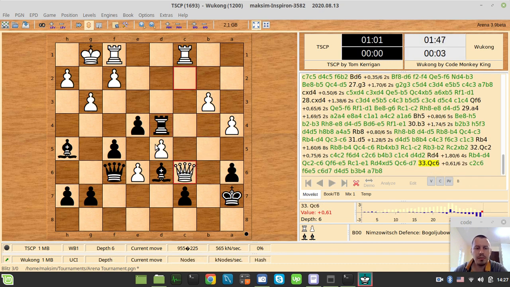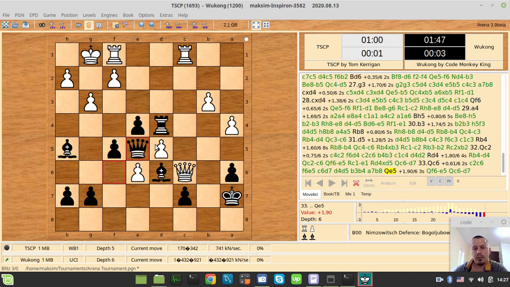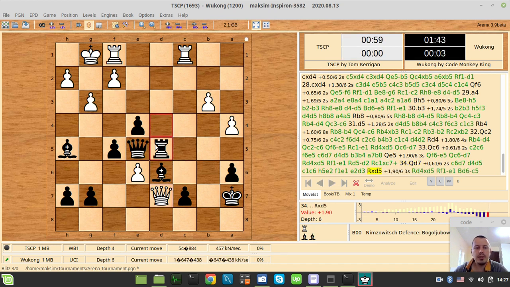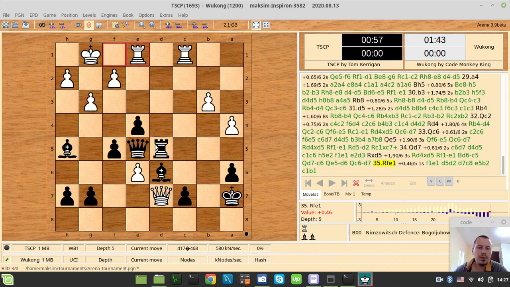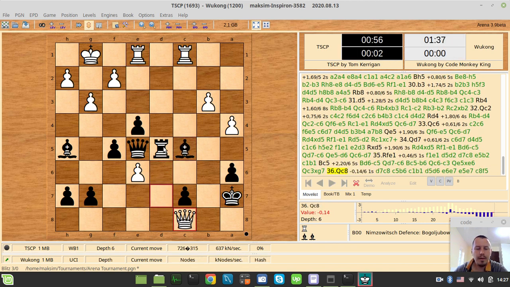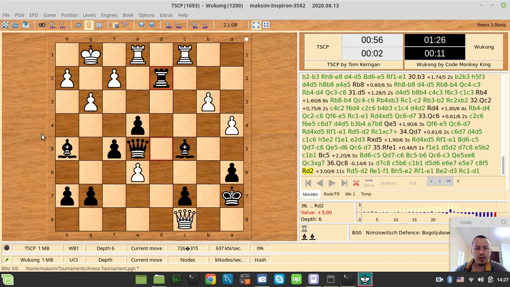adjustments or features, but the bare move, the bare material scoring, and just the positional piece-square tables, giving an idea to Wukong of where to develop its pieces. It's quite impressive that this bishop was blockading the pawn. Well, before the rook captured it, it was kind of blockading the pawn. And this pawn is not going anywhere as well, and I don't really remember whether it would get captured or not, but obviously it actually